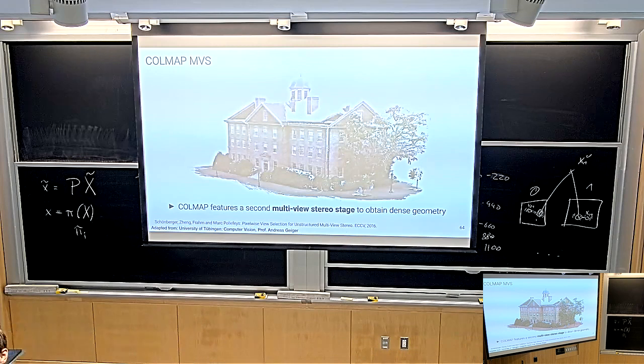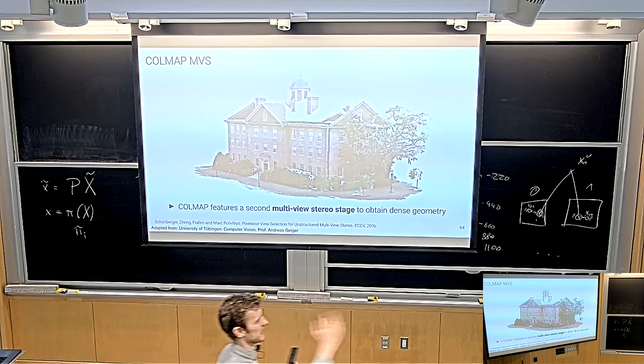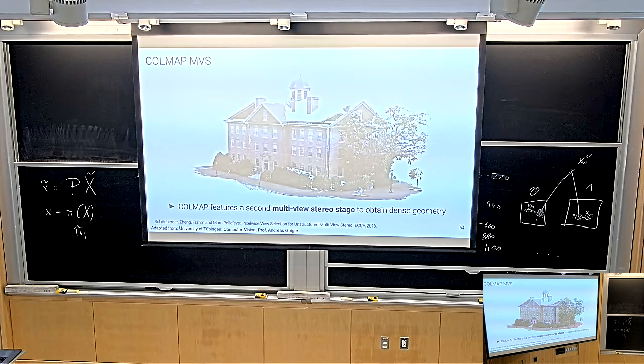If you want dense point clouds, you would have to optimize over millions of points. This point cloud probably has 10,000 or 20,000 points, maybe even more. So lots of points, that would be very expensive. So instead, just to give you an idea of the steps involved, you start with a set of sparse correspondences. You have very few correspondences in each image. Then you solve for the poses and for the 3D coordinates of the small set of points.